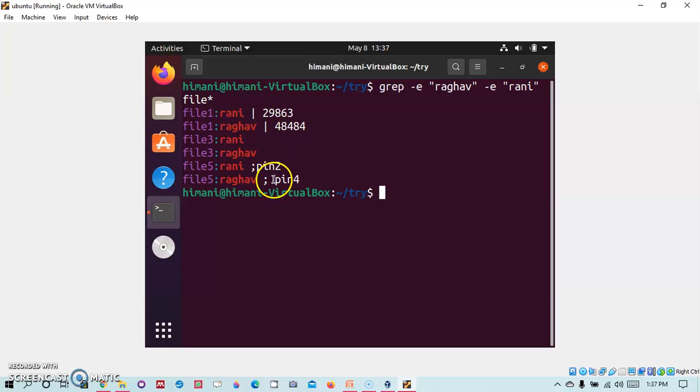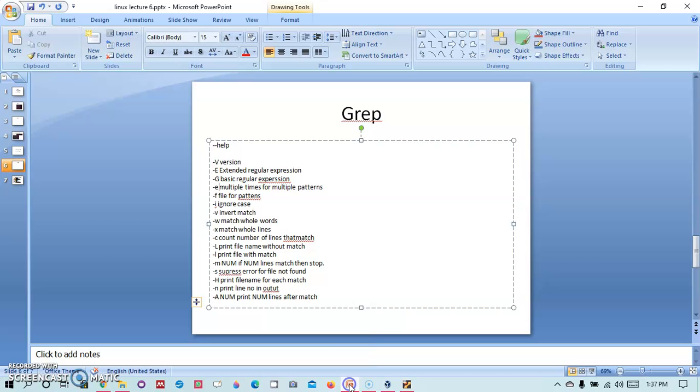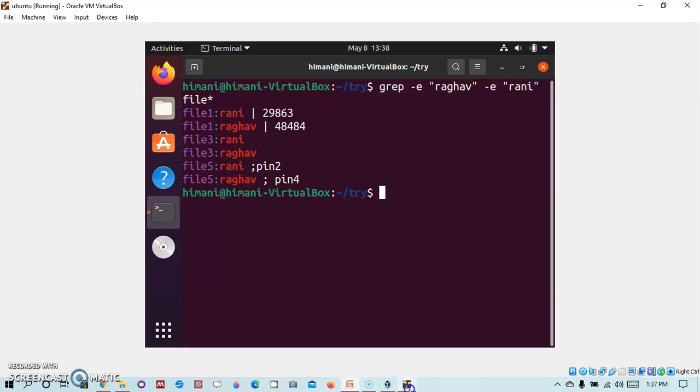So we are able to find different names using the -e option, and we can use -e multiple times, any number of times. There is no limit on it. So for searching for multiple patterns, we have -e. Then we have -f. Suppose I have a list of patterns. I have some 10-20 patterns that I want to search. Now typing all those patterns on the command line is going to be tedious, and if you want to repeat the search multiple times, then you will have to type again and again.